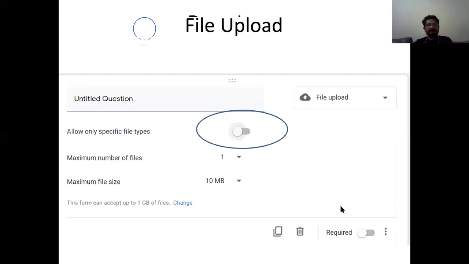Now the important thing, you can also upload the file. You can ask your student to write something, take the picture and upload. So the file upload option is very important, in which you can allow only specific types, or all types of files can be uploaded. That is your wish, maybe image, maybe PPT. Because in my university, Amity University, I ask our students to prepare their PPT. And during this COVID-19, we are not sitting face to face.